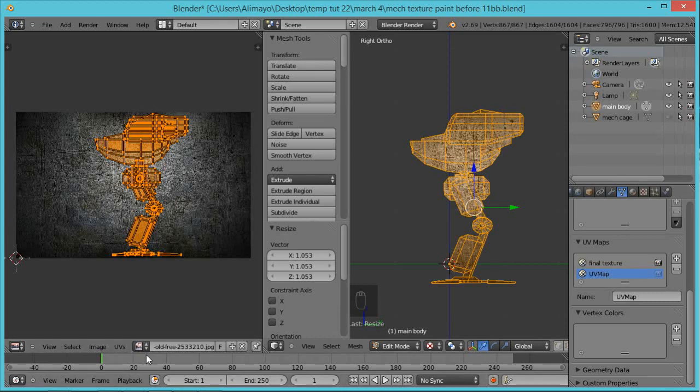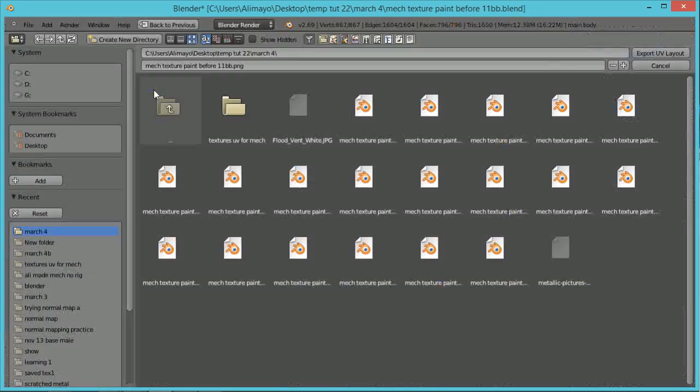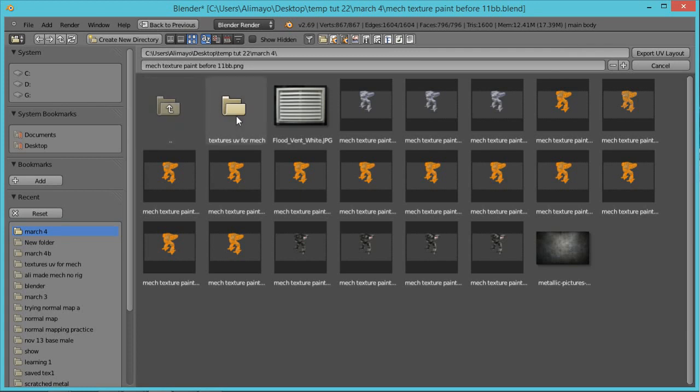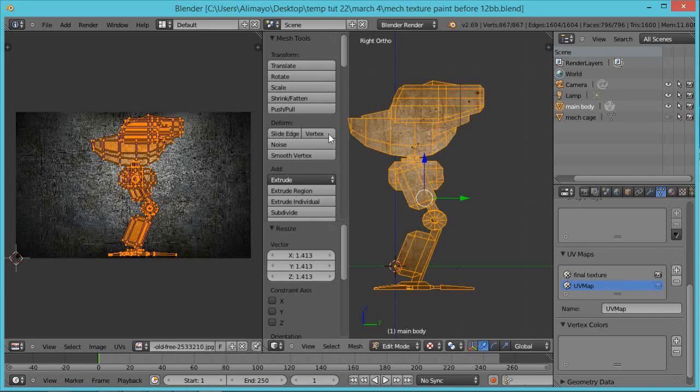So now what we're going to do is go to select UVs. You're going to select export UV layout. Make sure you know it's a folder going to where you're at. Here's mine. I did it before, but what you're going to do is just click export UV right here. Okay, and I'm just going to click cancel because I already exported out. Once you have that UV exported out,